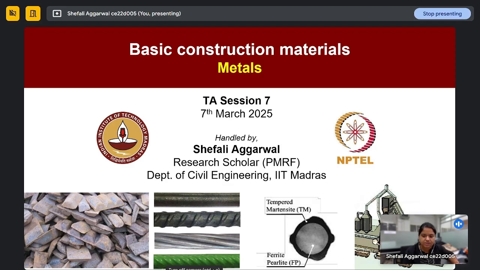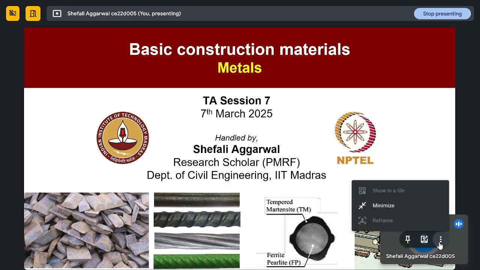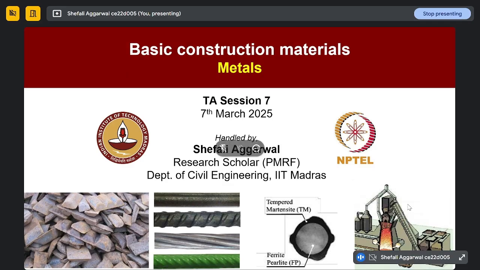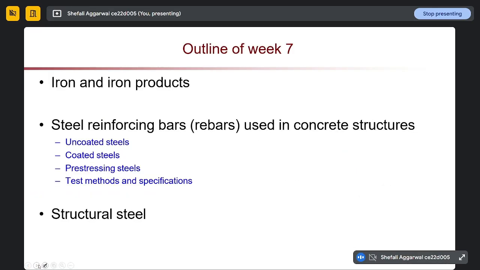So, this is our seventh TA session on the topic of basic construction material. Mainly in this week, you might have studied about the different metals and how metals are useful in our construction industries. So, if we go to the outline of week 7, in week 7, you might have studied about